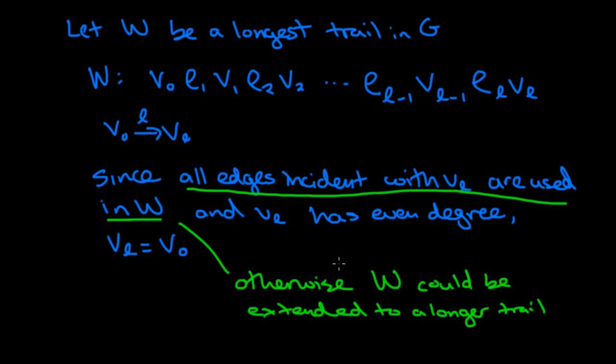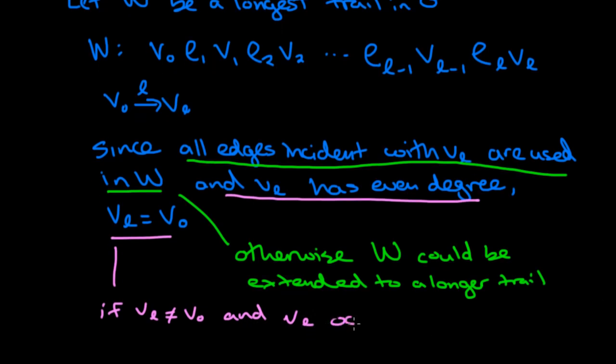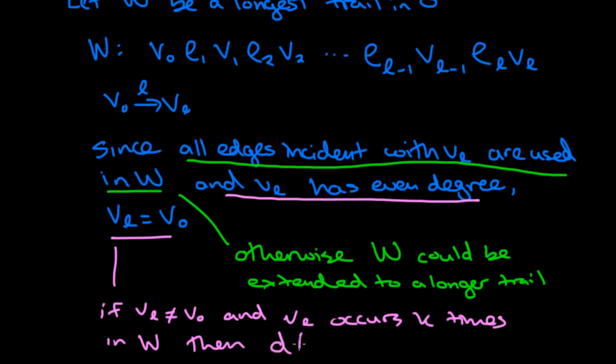And the reason here that VL is V0, so this part here, is because if VL is not V0, and VL will occur some number of times in the walk, so let's say VL occurs k times in the walk W, then the degree of VL would be equal to, well,